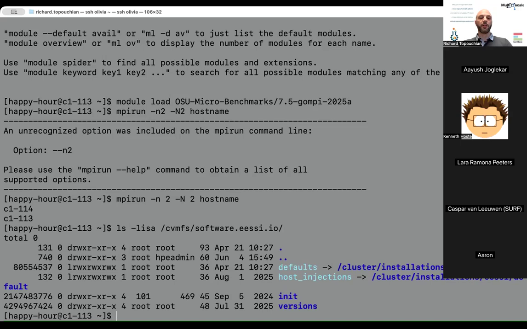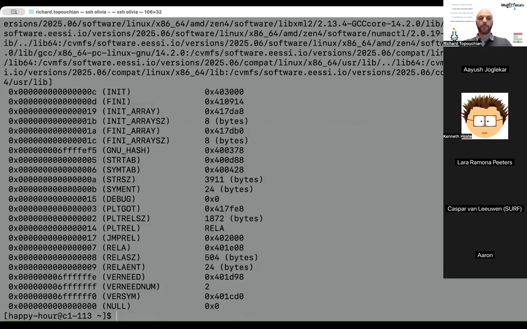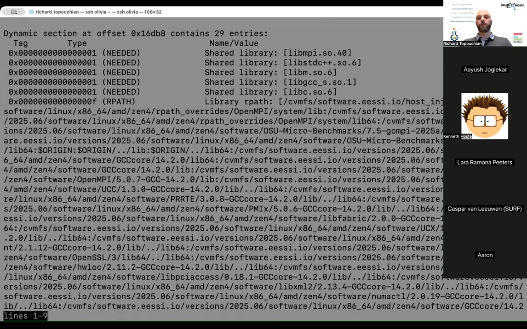The next thing I would like to show you is that if I do readelf -d on the OSU bandwidth binary, the interesting thing we do in Easy is that we inject an RPath. As you can see here, before it executes the OSU bandwidth binary, we have injected those RPaths, which